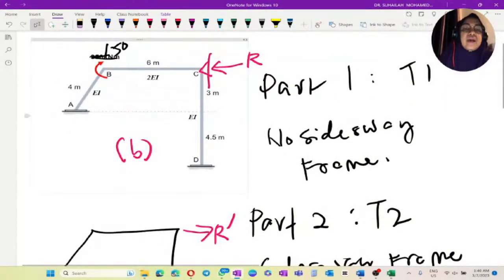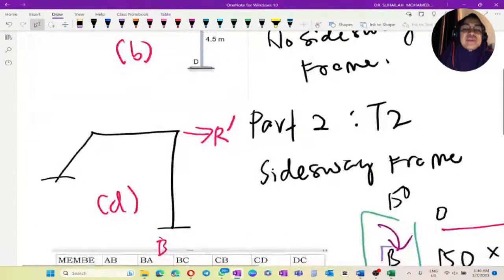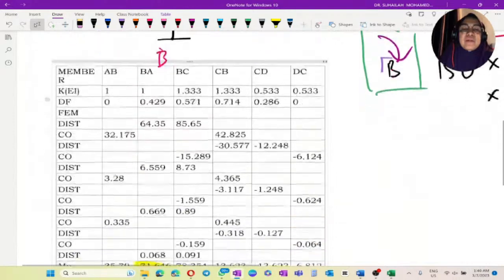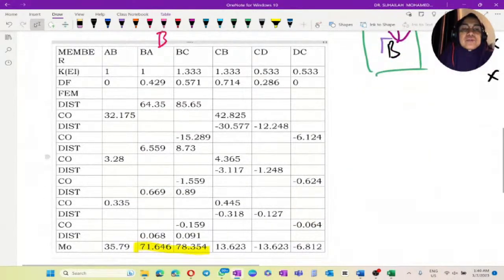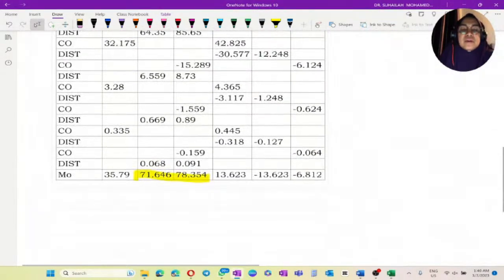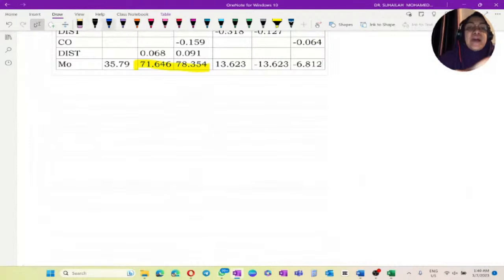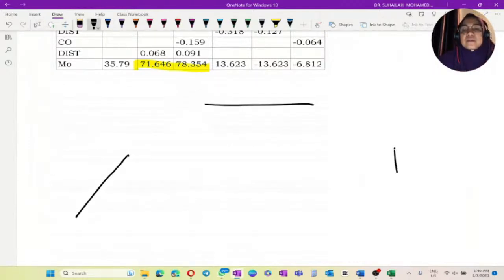Okay, so I have changed the moment at B equal to 150 because I have used 150 in the table. Doesn't matter. Okay, so this is the end moment. So we have to analyze this end moment. We have to have the free body diagram representing